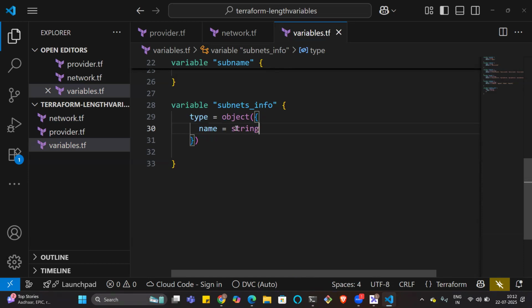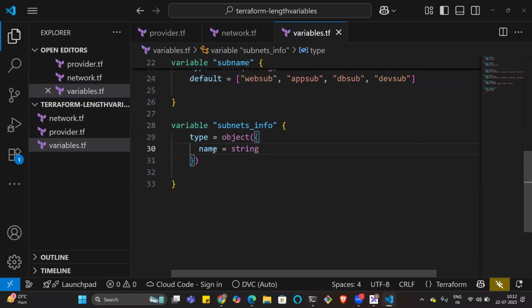To use the length function, we need only a single variable group. So that's why I'm using the first VPC string. Next, VPC CIDR equal to this is also one value. You can give the string. Now you define the